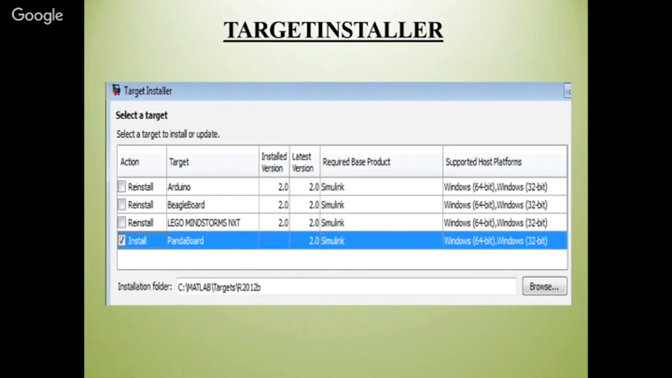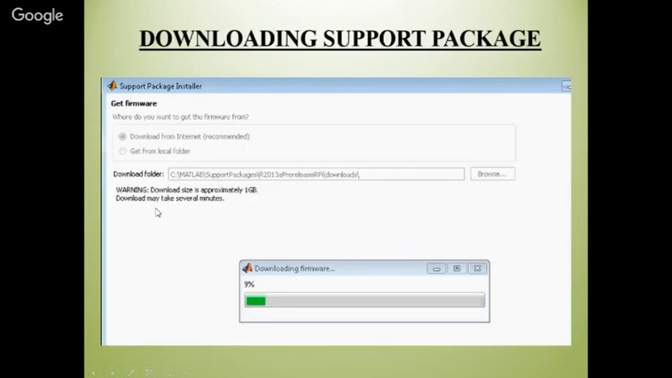You can install the Arduino, BeagleBoard, or Lego Mindstorms. These are the boards. You have to select the Arduino. Because I have installed it already, the action is the reinstall option. If you have not installed it, then it is the install option. Then it will download the necessary supporting files from the net,